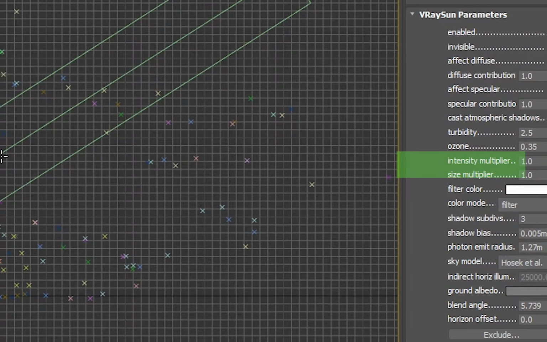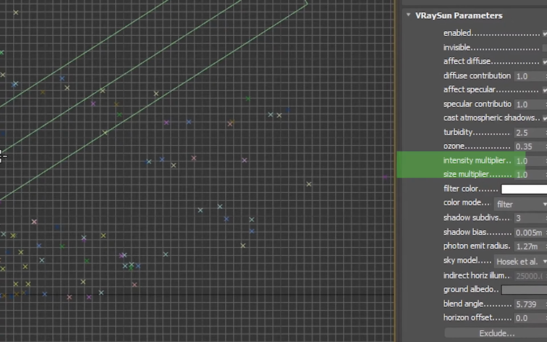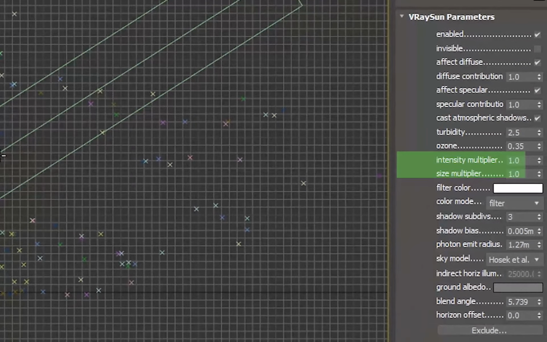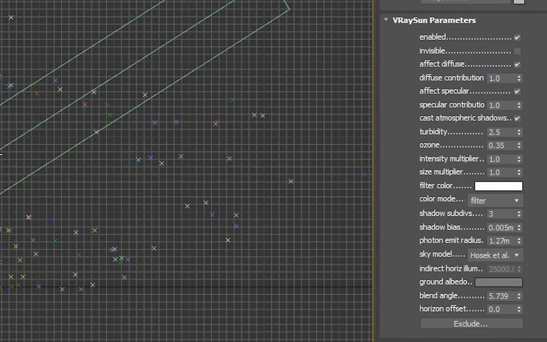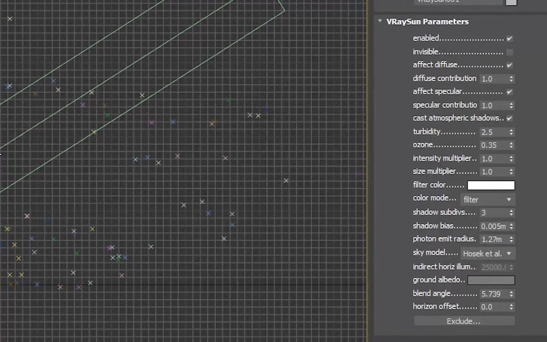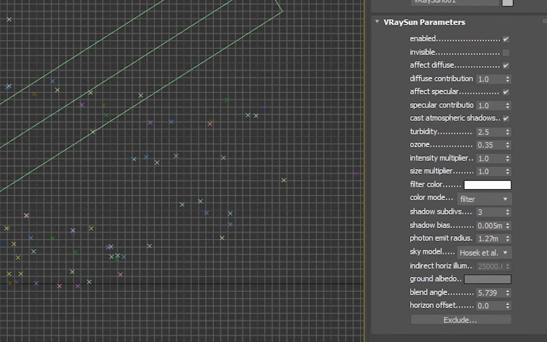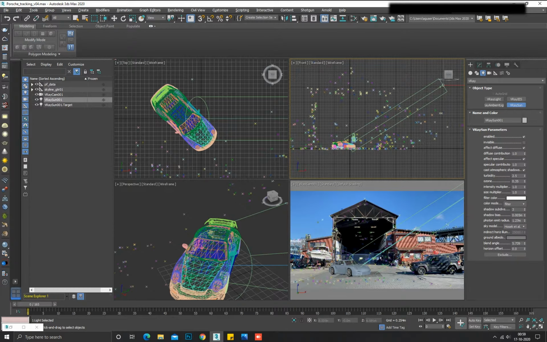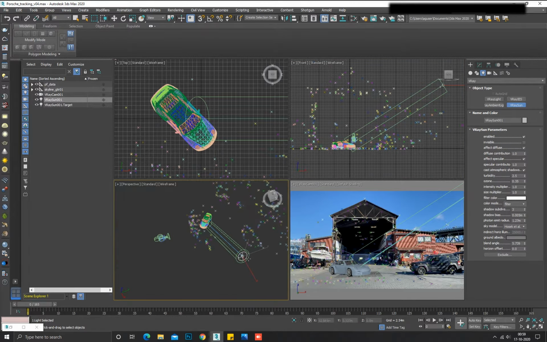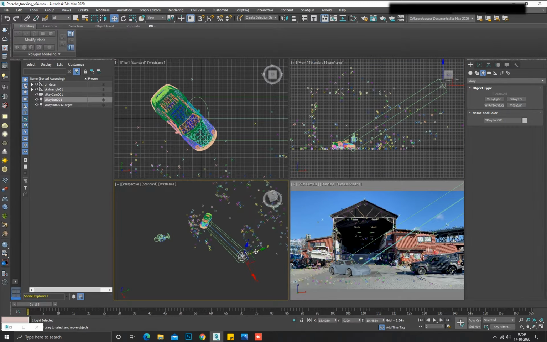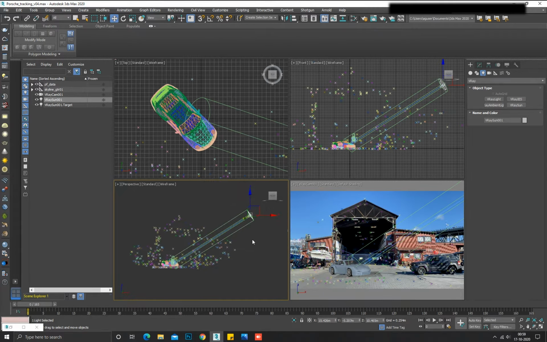And if you increase the size multiplier, it makes the shadow softer, and less, it makes the shadow harder. The other parameters mostly stay the same, so we don't have to worry. For now, I will place the sun at an angle and from the right. As we can see, the shadows are to the left. We will place the sun more accurately afterwards.